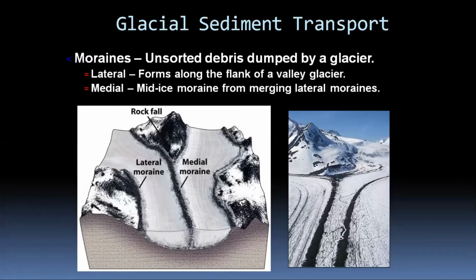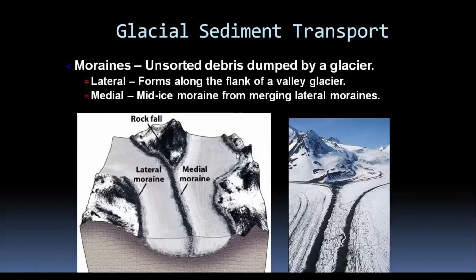Medial moraine is when two valley glaciers, well, these are the valley glaciers. Any glacier that flows in a valley is called a valley glacier. We have also seen yesterday that there is one type of glacier that occurs in a closed valley. We call it a cirque. Well, this is an open valley and it allows the movement of ice